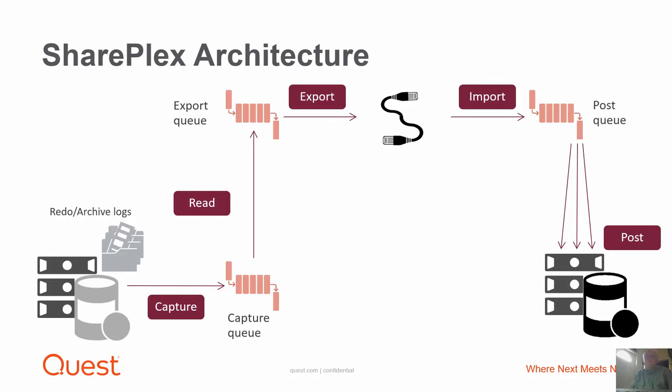Now, since we're redo log based and we're reading the redo log, once we read it, we'll guarantee you that we'll take that transaction and apply it to the target, or tell you that we couldn't apply it to the target and that something went wrong. So we're asynchronous. You're not waiting on a two-phase commit or on a Data Guard commit, any of those things to get your data from the source to the target. We ship it over to the target immediately, where it's not seen until you have your commit from the source. But we're shipping it immediately.